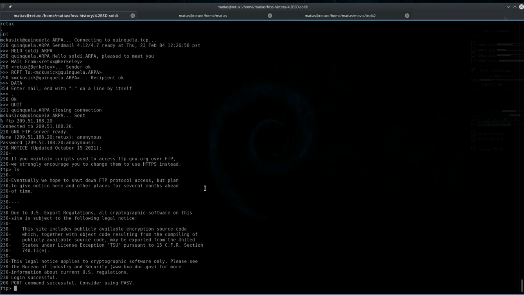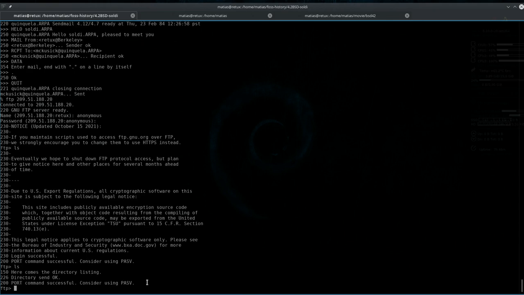As you can see, we are getting the messages that come through the control channel from the FTP protocol, but it says here that we should consider using the passive mode, and that's something this FTP client lacks.